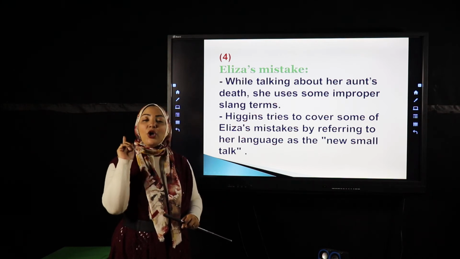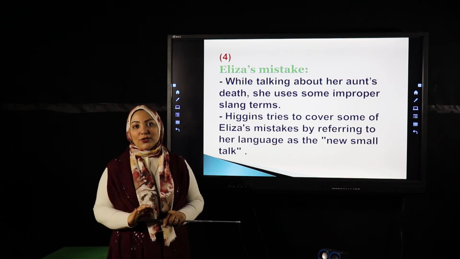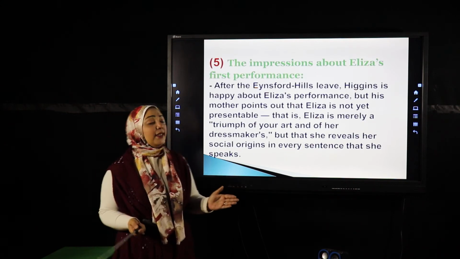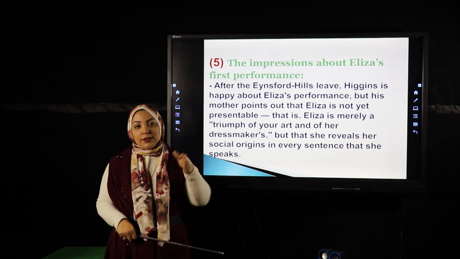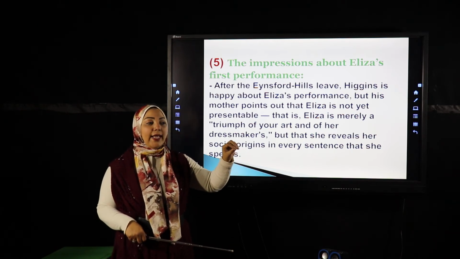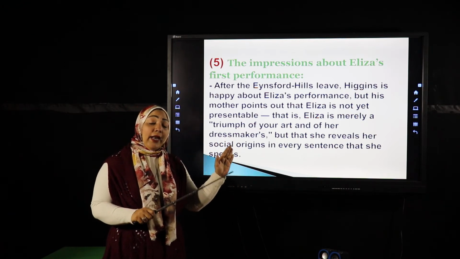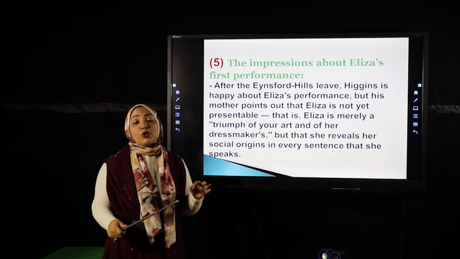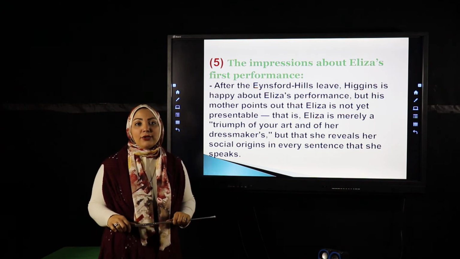And of course, everyone noticed that Freddie was attracted to the beautiful girl that was there. After Eliza had left, of course, Professor Higgins started to ask for the impressions of the people about Eliza. First of all, Mrs. Eynsford didn't pass the mistake of saying some bad terms or slang terms. Then Eliza actually used these words. So Clara also, in order to show that she is fashionable and up to date, said that she can try such a one.